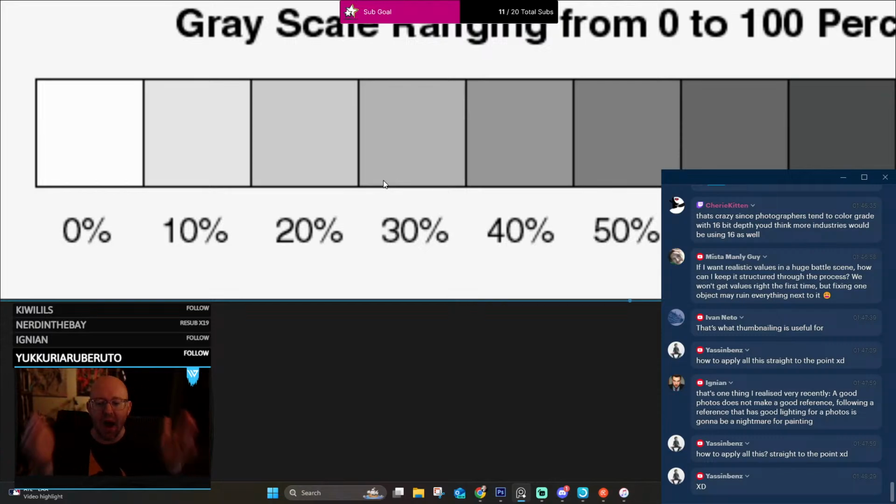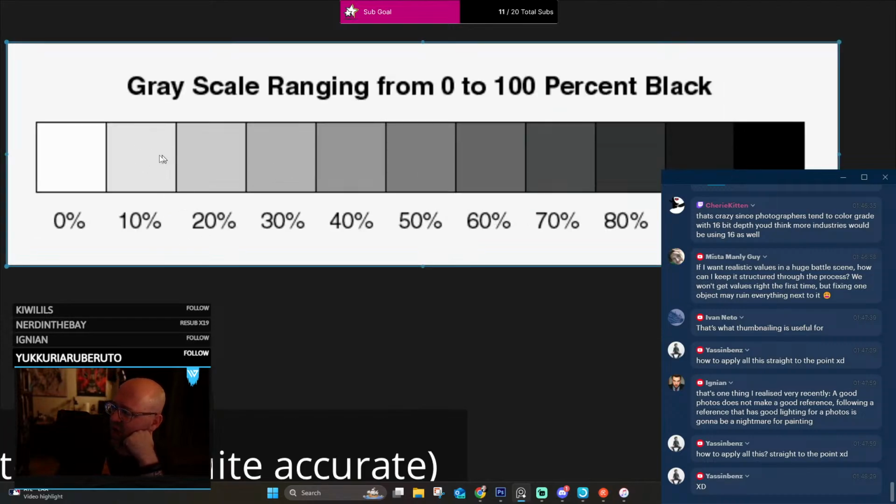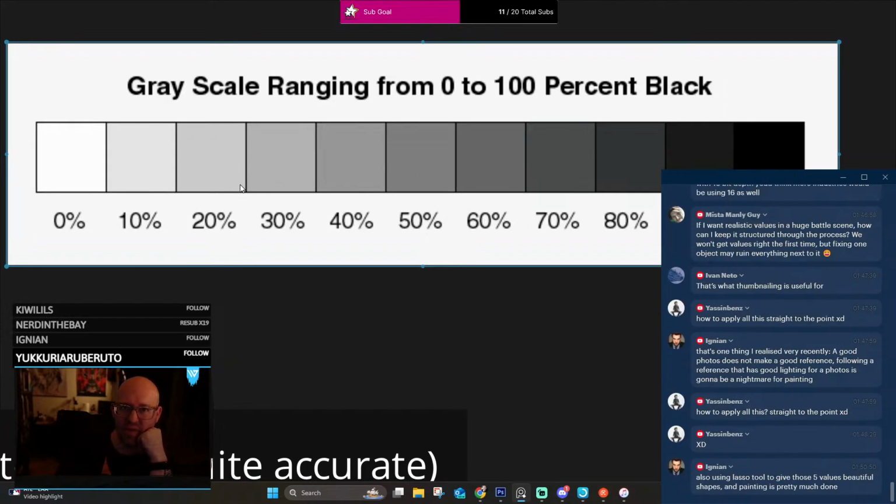And to keep your mind straight on it, simplify it. Just keep it simple. 3 values, 2 values, just pure black and white, who cares? 5 values. You can do 10 values, but if you're getting in the weeds, the way I have been working in values probably the past year or so, and you guys have probably noticed it, whenever I'm making a painting, I just tell myself, okay, I'll do the 10 and 20 and 30 for highlights. I'll do 60 and 70 for my midtones, and then 90 and 100 for my shadows. That's it. And then I can play all day.